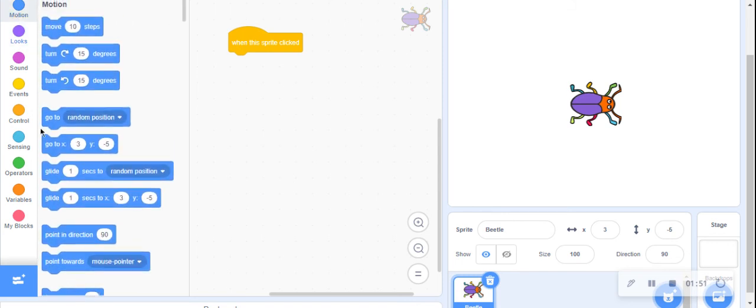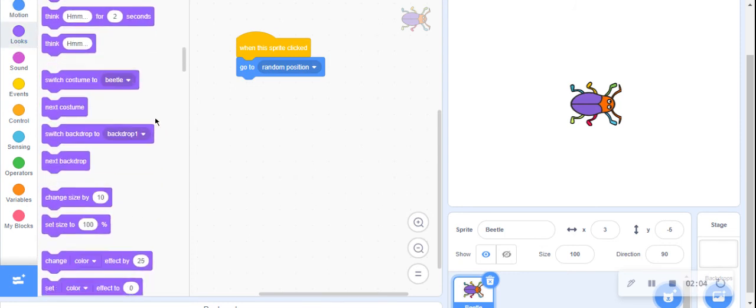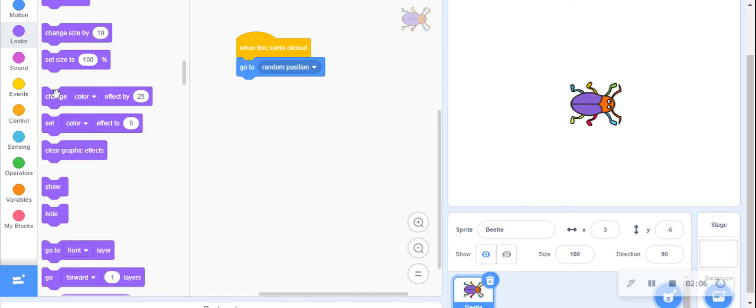Go to random position. Books and change color effect by 25.